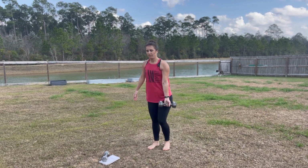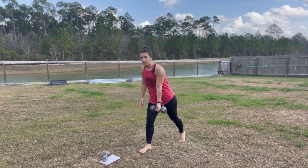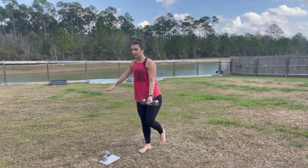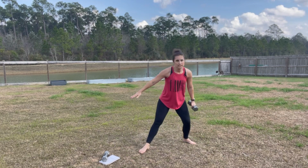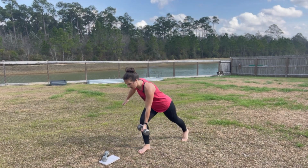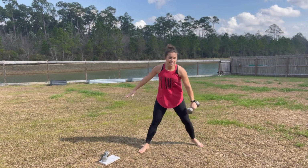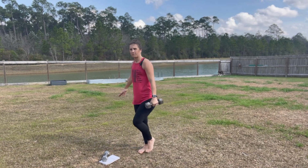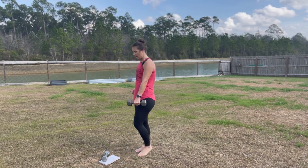So we want that palm facing away. You're gonna kickstand your leg, hip hinge with that reverse grip row. We step through, open to diagonal, rotate that palm to the ceiling, come back, kickstand, rotate the palm out and row. Back up, diagonal, palm to ceiling, kickstand, row, and diagonal, palm to ceiling. Back to your kickstand,